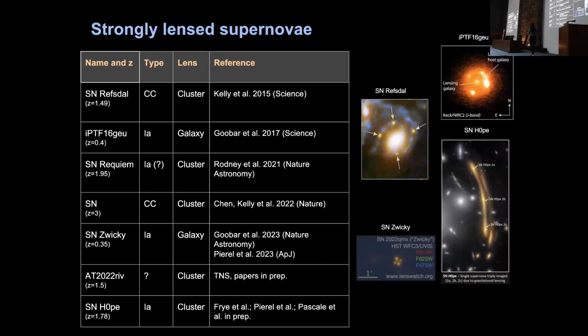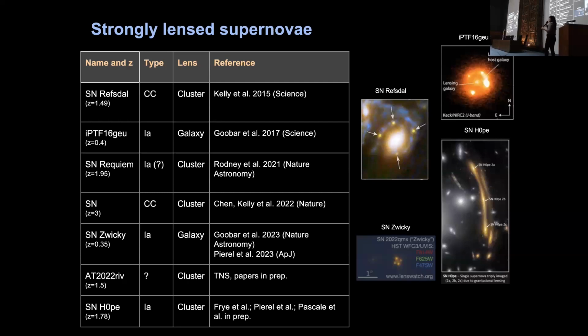And as you can see, not all of them are accurate enough to obtain the Hubble constant. They are detected by chance, or serendipitously, and they're very difficult to find. But right now, with the new telescopes that are coming and with the wide surveys, we will have many more chances to find strongly lensed systems where we can observe a strongly lensed supernova.